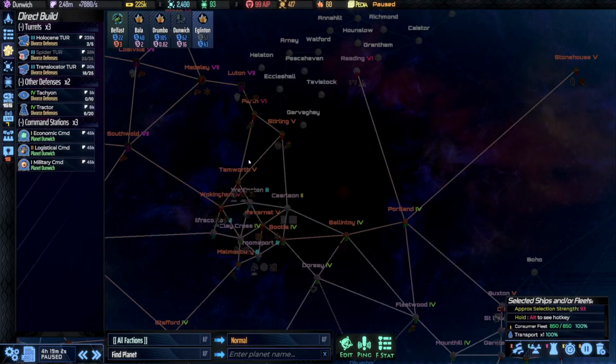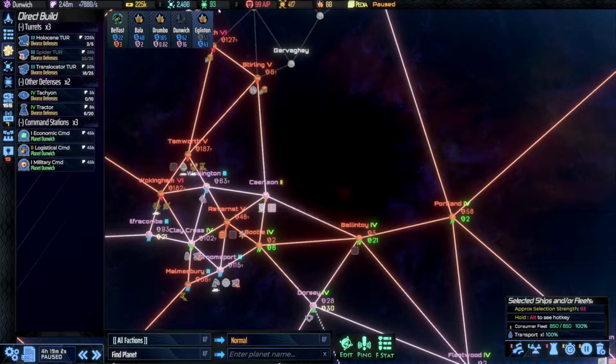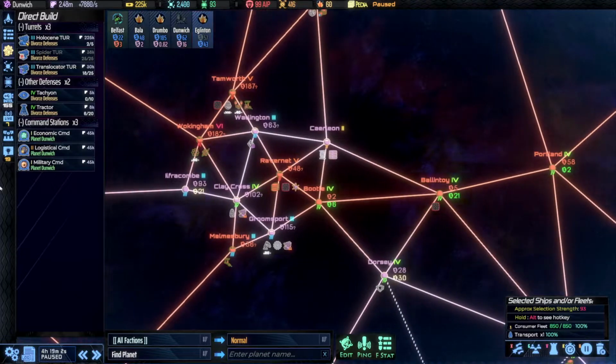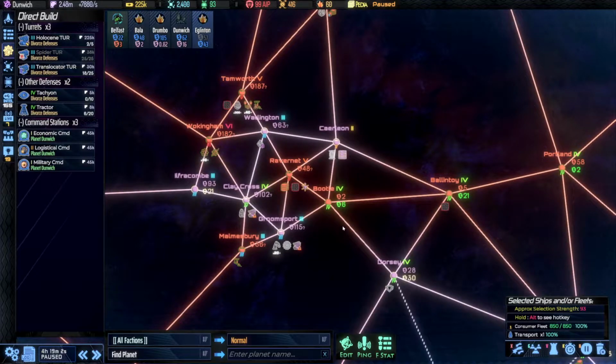So we've got a bit more science, but it's not a huge amount more. We still have quite a lot of hack points, so I'd like to hack something. We could go and get Ultima Fusion Bombers, but they cost us AIP, or we get Armor Parasites, they're much cheaper in terms of AIP. We could hack there. We can also do a hack at...